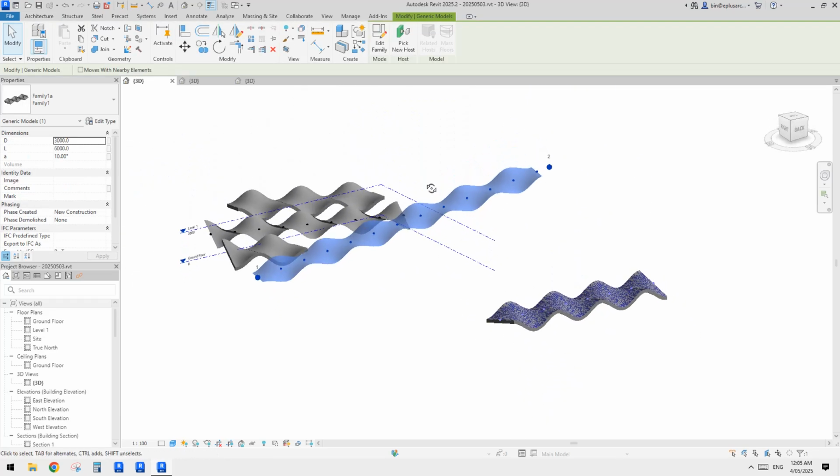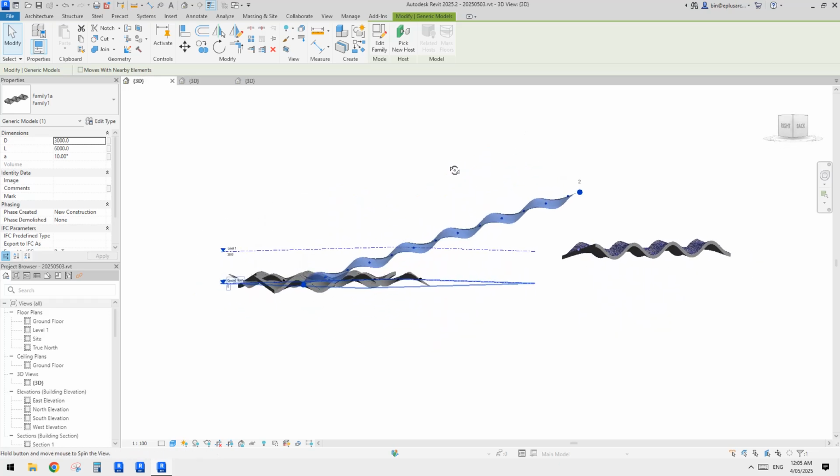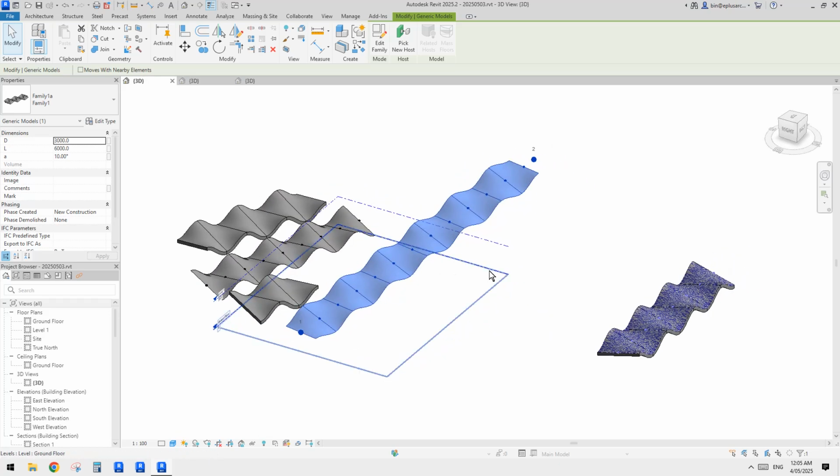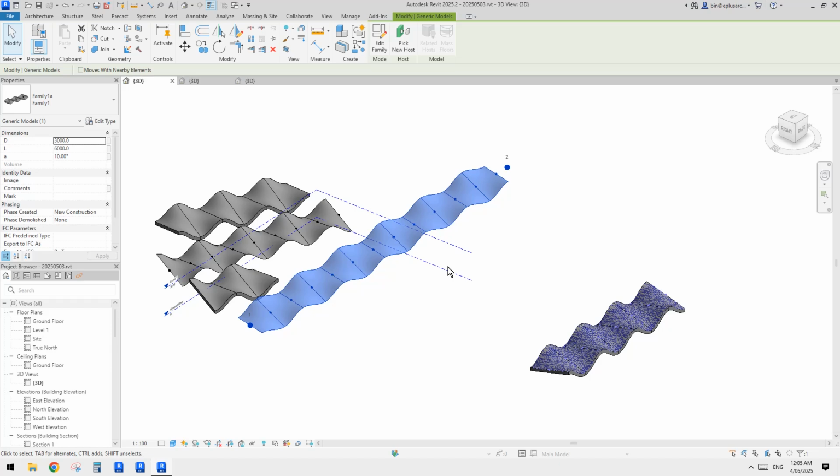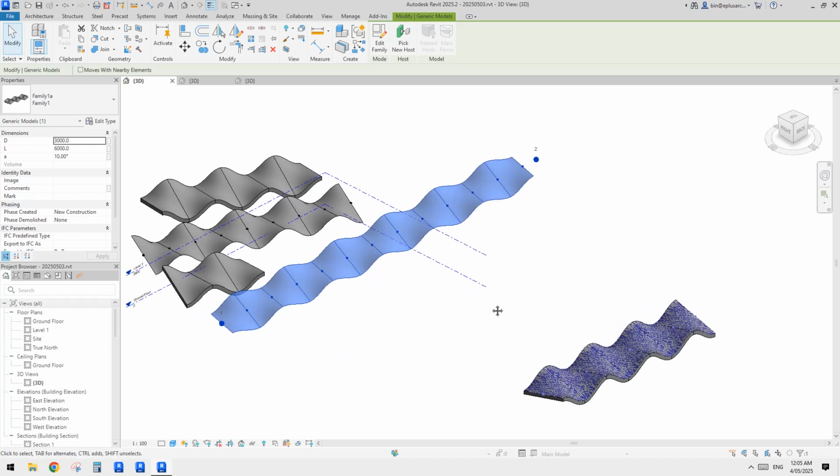This is a very simple but interesting adaptive family exercise. Okay, if you have any questions, please let me know,